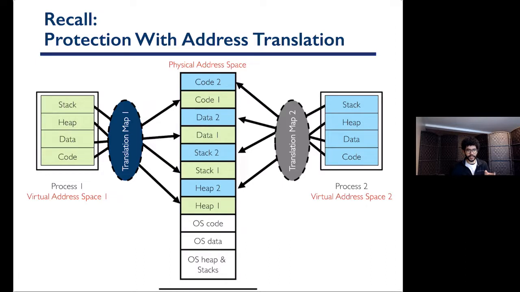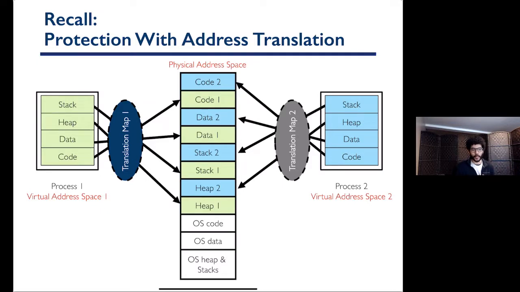I mentioned this when we were talking about the 4 operating system concepts. The idea of translation is we're going to make every process generate its own virtual address. So whatever address a process is generating is going to be local to that process. Then we'll map those virtual addresses to physical